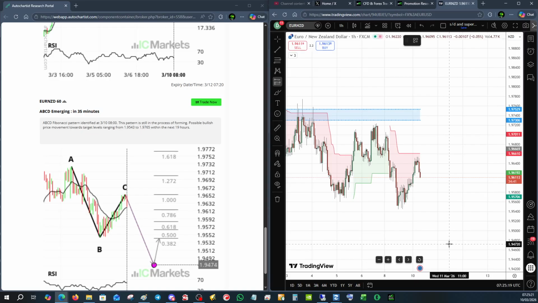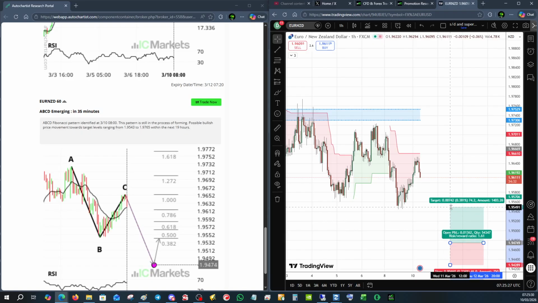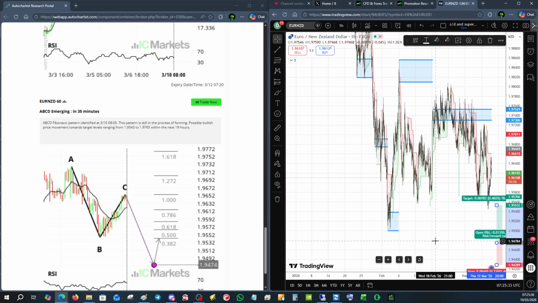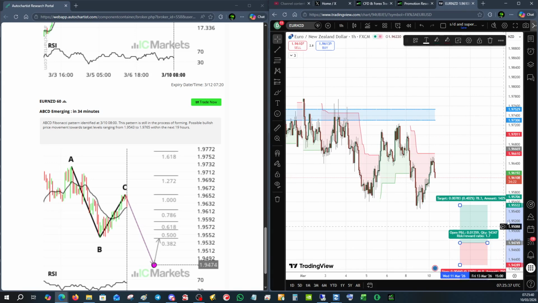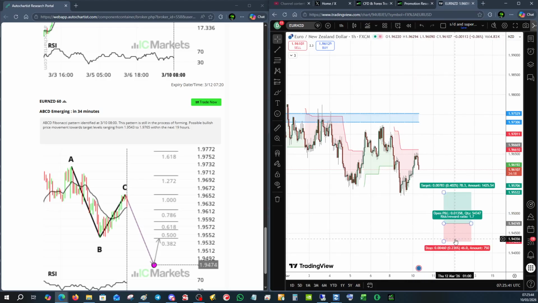194 here. Okay. I'm not sure where the stop's going to be, but it's going to say 195.52. So this is going to be quite a good trade. 1.7. I don't know where the stop's going to be. So you're going to have to be a bit careful with it, but something like that potentially. It's not going to break your bank. It's like 46 pips. Could have it a bit tighter, but they're saying